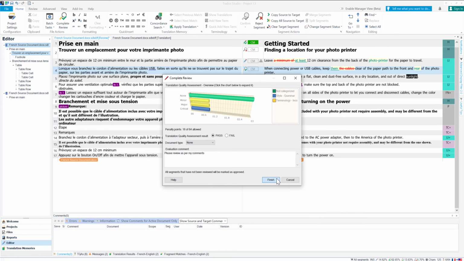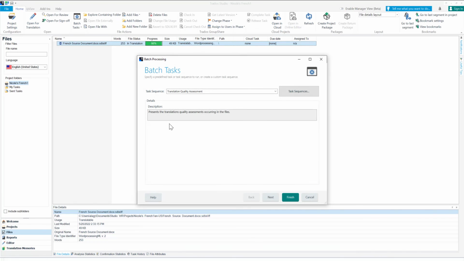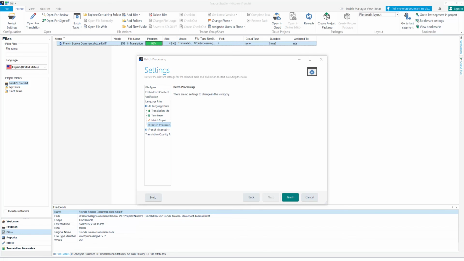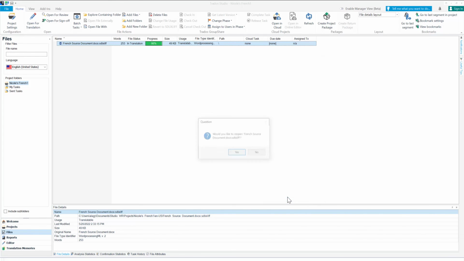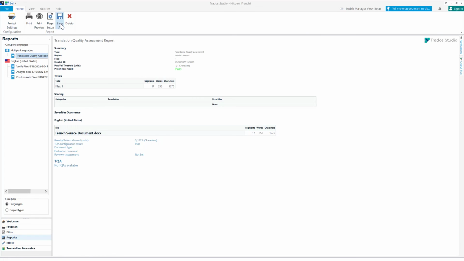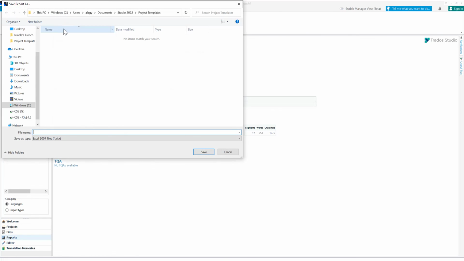To create a report with the results, I choose Batch Tasks and Translation Quality Assessment, and then complete the wizard. The report details the occurrence of categories and severities and gives the details of each suggestion made by the assessor. I can save the report as an Excel file.